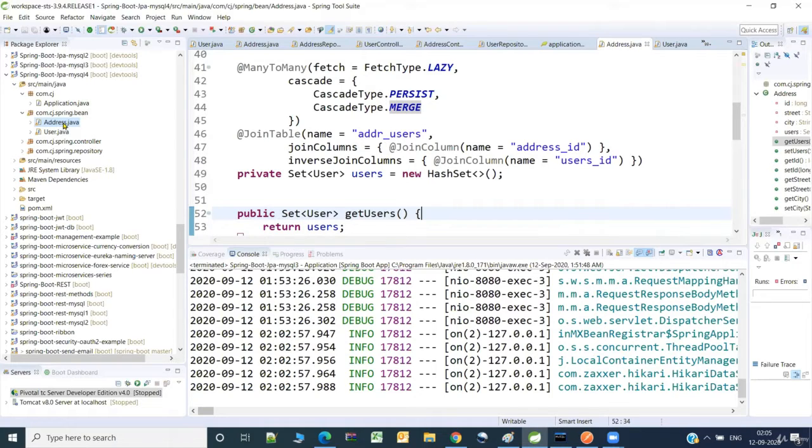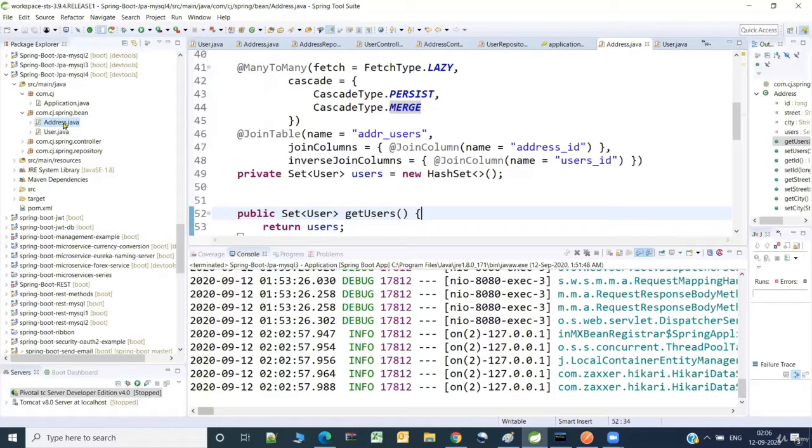In case of one to many or many to one, whichever side is many, that side will have the mapping column. In case of many to many, we need a separate DB table to store the mapping between the user and address